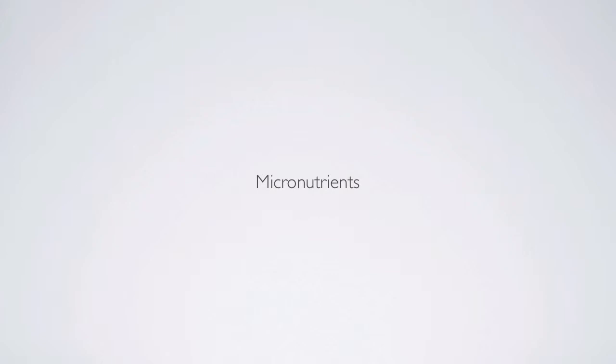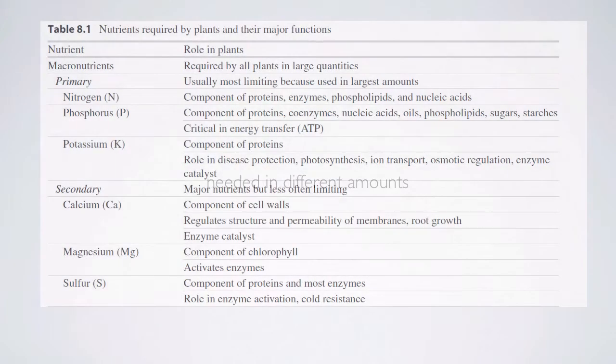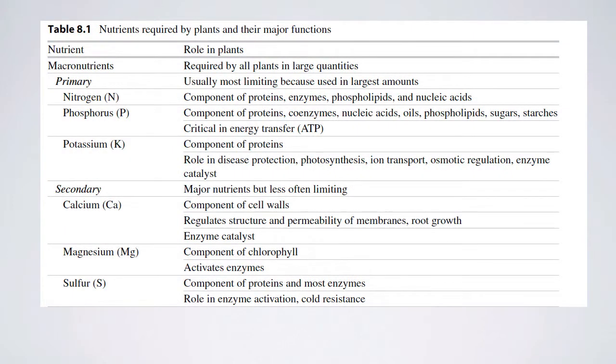Micronutrients are those nutrients that are needed in smaller amounts compared to macronutrients. And again, they're essentially the same size as macronutrients, but they're needed in a lower amount than macronutrients. Table 8.1 lists the nutrients that are required by plants and some of their major functions. Now, depending on how you count things, there would be somewhere on the order of 22 macro and micronutrients that